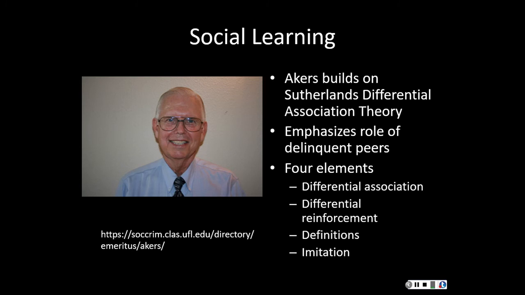All right? On top of that are our own individual definitions of crime, our definitions of what's deviant and what's not. I mean, what somebody considers wrong may not be something that someone else considers wrong. So our individual definitions of what's right and wrong play into it. And last but not least, imitation, in that we tend to imitate people we look up to and people we want to be like. Again, there are a number of other theories. There is enough criminological theory that we create a complete course on it, but I wanted to give this to you to give you a background on it.